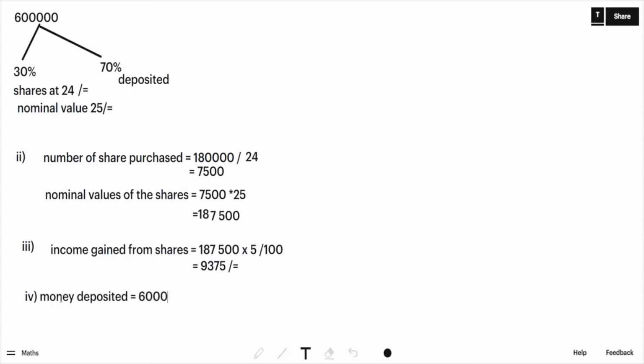He has 600,000. Either we can subtract 180,000, which is used to buy the shares, or we can multiply it by 70% to find the money he has deposited. Let's multiply it by 70%. This will give us